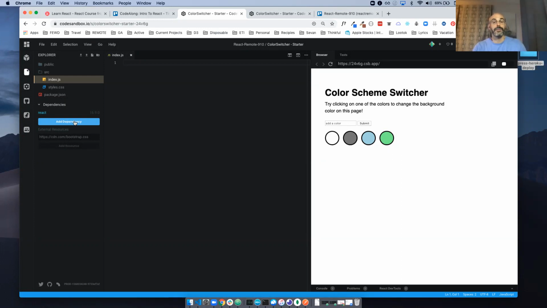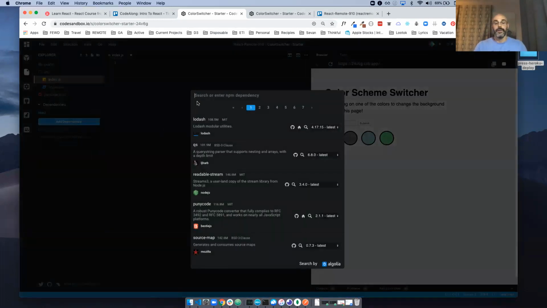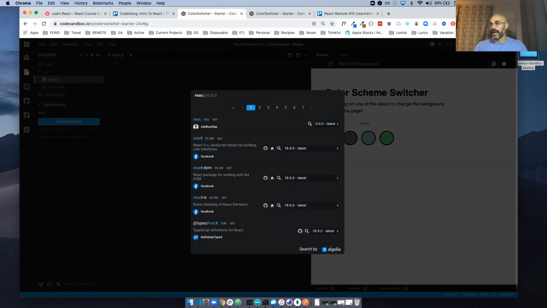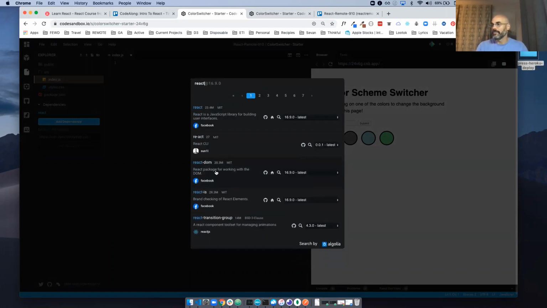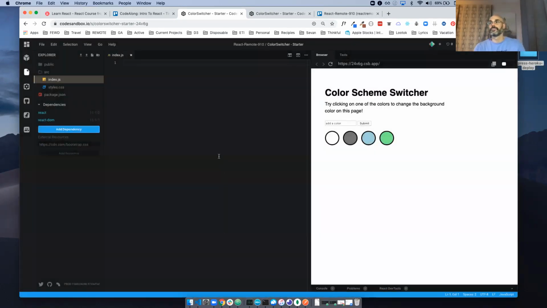So I'm going to go back to add dependency. And in here, I'm going to do React again. And the one that I want is React DOM. See, I want to add the React DOM library. Facebook as well. Boom. Okay.